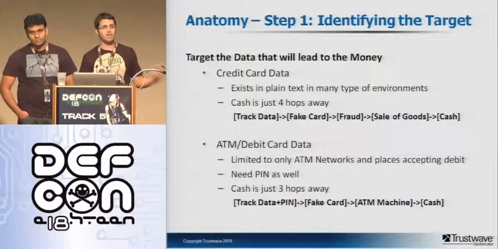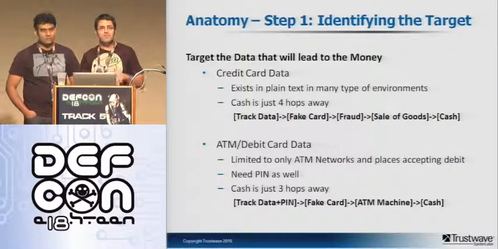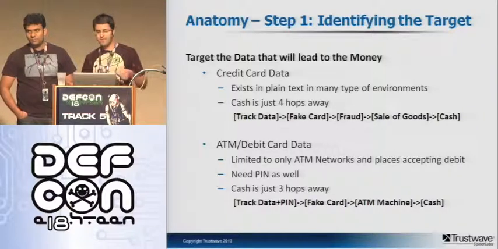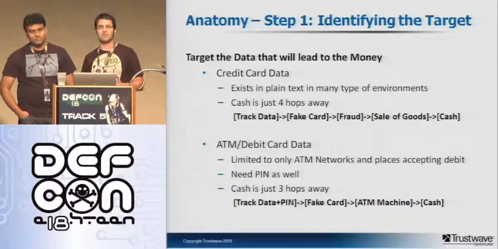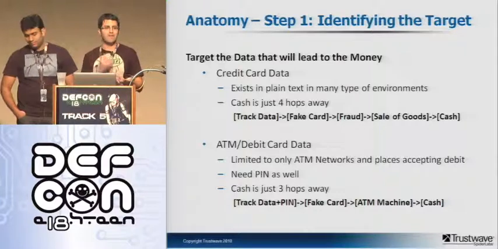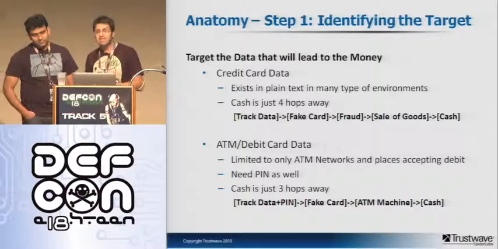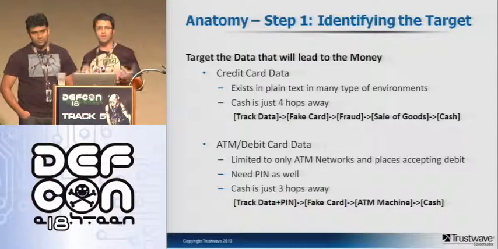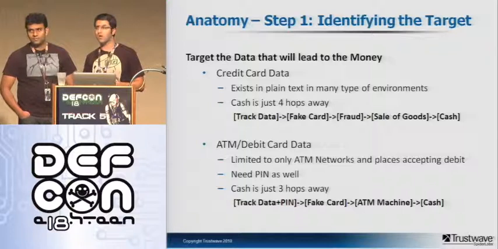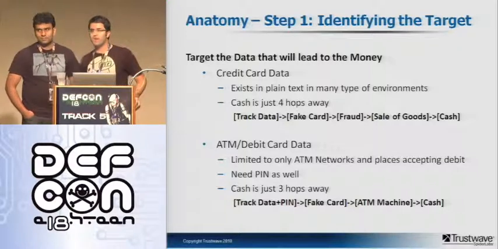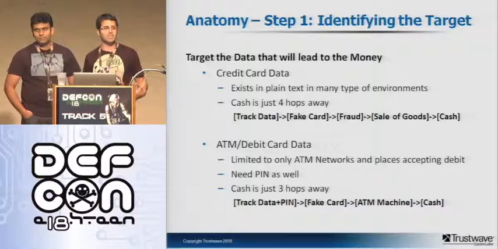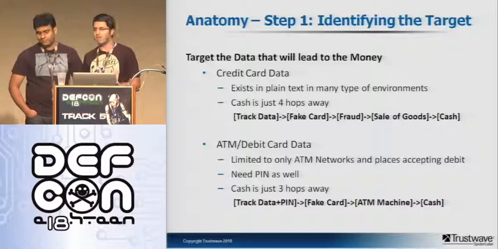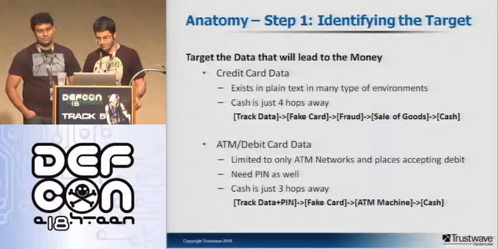In the ATM and debit card world, the data looks very, very similar. There are PINs that are associated with ATM cards, but the data itself is basically identical. But the cash is much closer to the criminals. They get a hold of ATM card numbers and PIN numbers, and they can go to a machine and take out the cash. They don't have to find a buyer for that. And so we hear about large organized crime groups who hit a large number of ATM machines all at the same time, and they'll literally suck cash out of those machines, and now they have that cash. They don't have to worry about going on the street and finding a buyer. They know they have that cash and they can move on to their next operation.